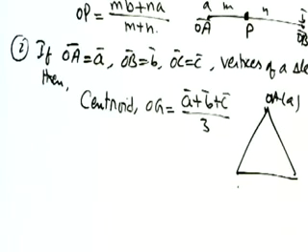So we have seen a few formulas in this chapter regarding the addition of vectors and parallel vectors, collinear vectors or coplanar vectors. We have seen two formulas for the vector equation of a line and three formulas for the vector equation of a plane. We have also seen the formula for the midpoint and the section formula to find any point on a line which divides the line in the ratio m is to n. And we have seen the formula for the centroid, and also the magnitude of a vector. In the next class, let me show how we handle the product of vectors.